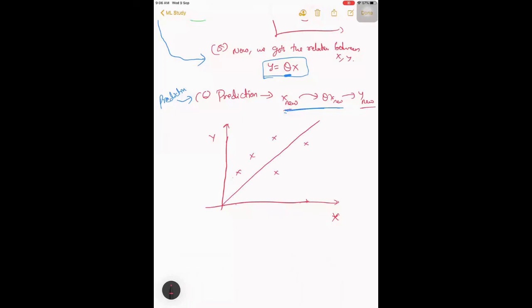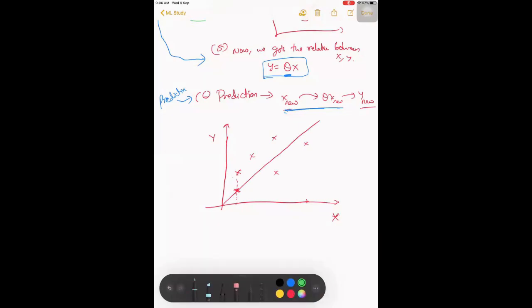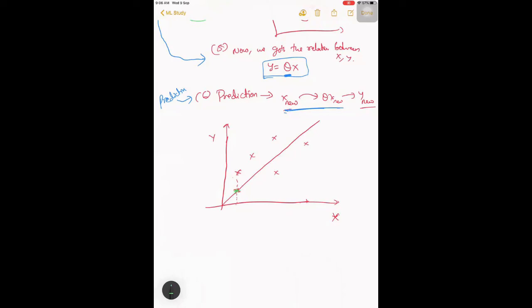Assume that. For this x, this is the actual value, but it has predicted this. I'll make it in a different color. Similarly for this value, it has predicted this. For this x value, it has predicted this, but actually this. Similarly, same here.